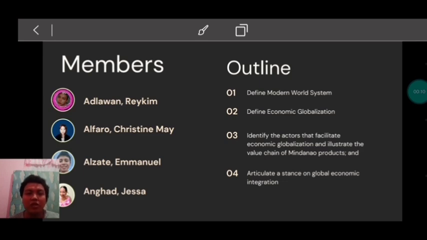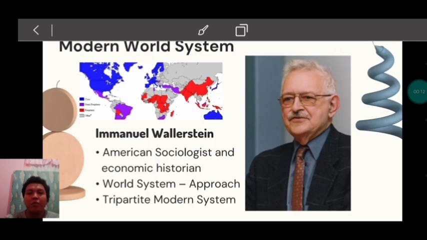So what is the modern world system? The modern world system is a framework developed by the sociologist Immanuel Wallerstein to describe the economic and political relationship between countries in the modern era. The system is characterized by a global division of labor and resources that is structured by economic and political hierarchies